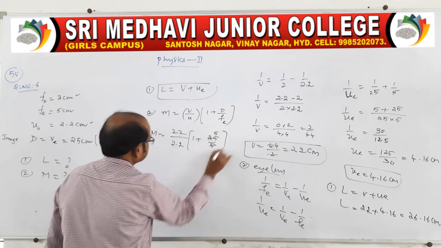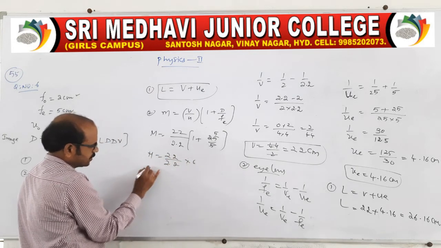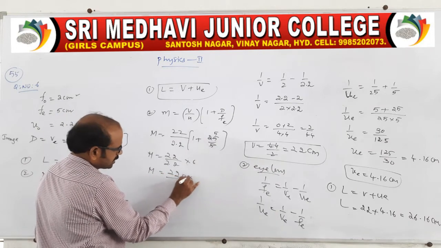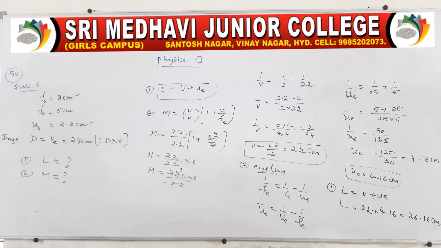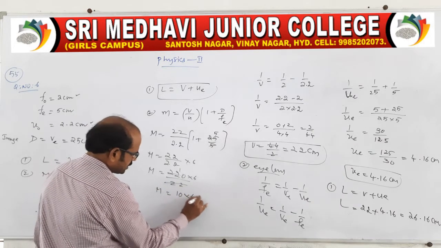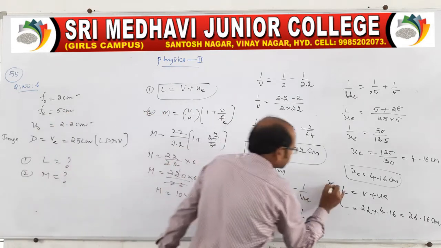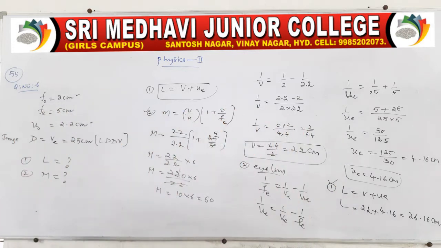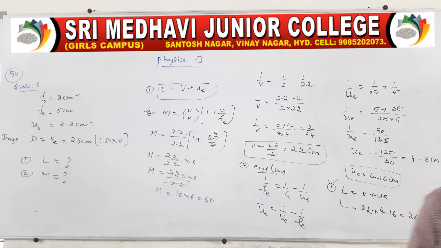5 ones, 5 5s. 22 by 2.2 into 6. So it is 220 by 22, it is tens, right? So m is equal to 10 into 6. Approximately 60 is the magnification. The linear magnification will be like this. So this is the second bit and it is the first bit in this question. You can go through like this, then we'll get the answers. This is the one example related to a given compound microscope.